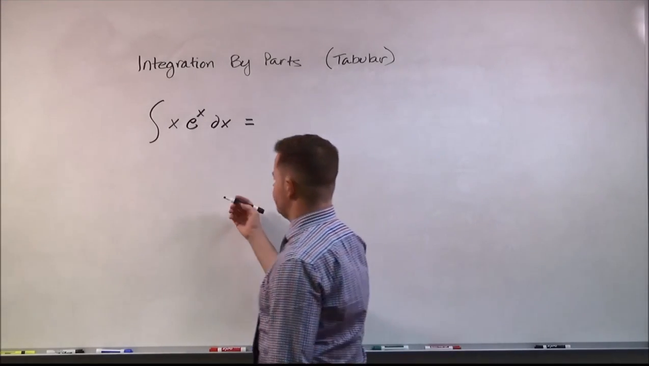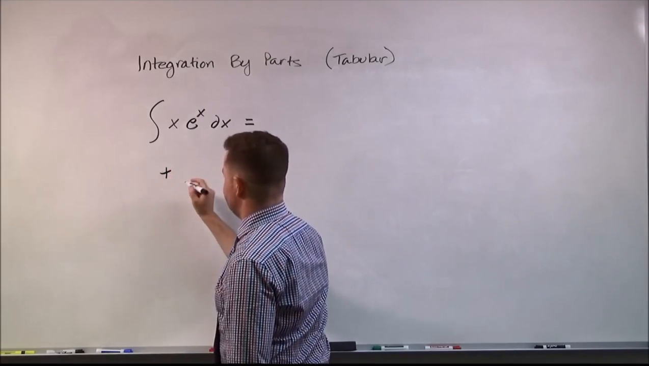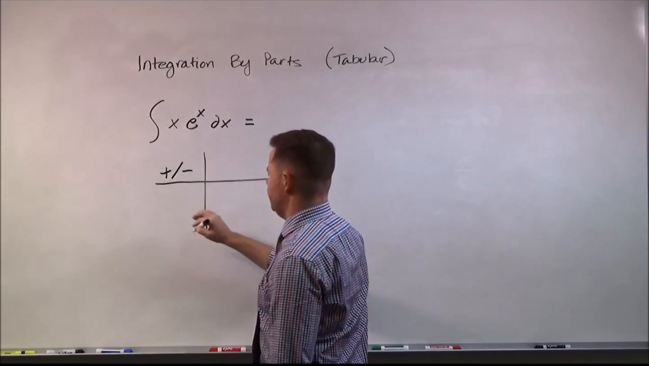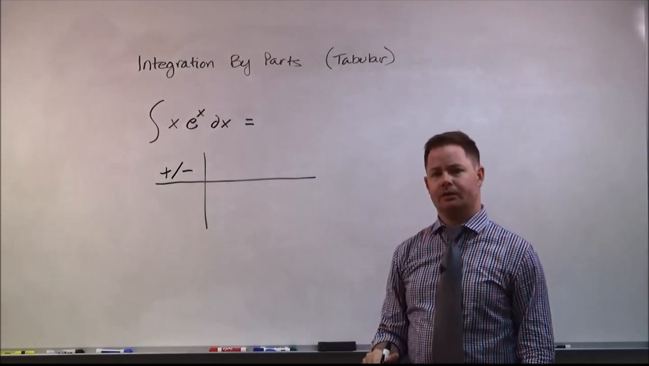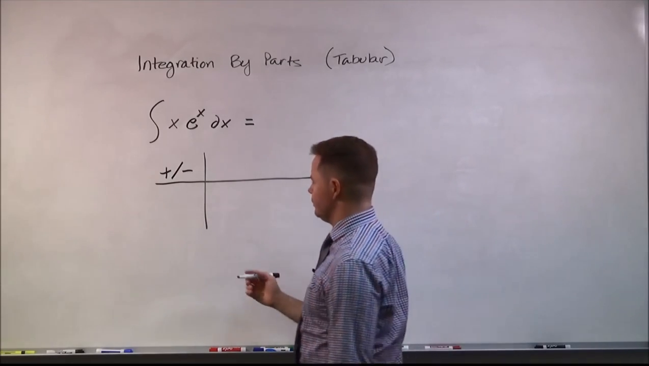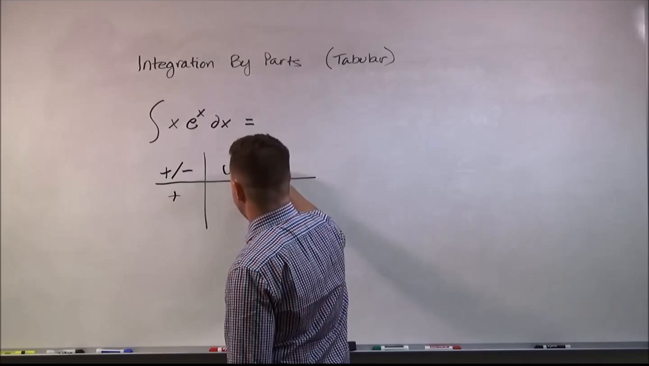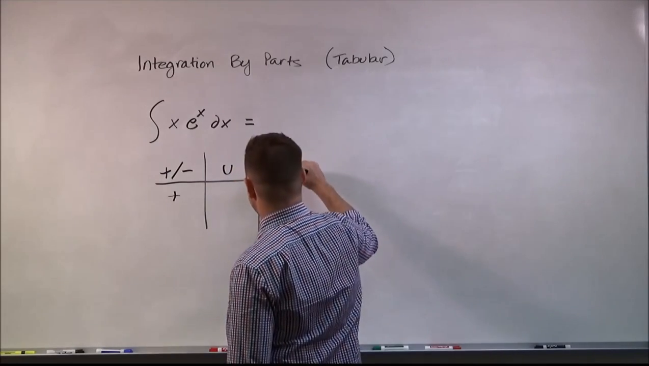So we're going to have 3 columns in our table when using the tabular method. One column will be for the sign value that you have. It'll be either a positive or a negative, and you're always going to start with a positive in there. Then you're going to have a value of u, a value of dv,